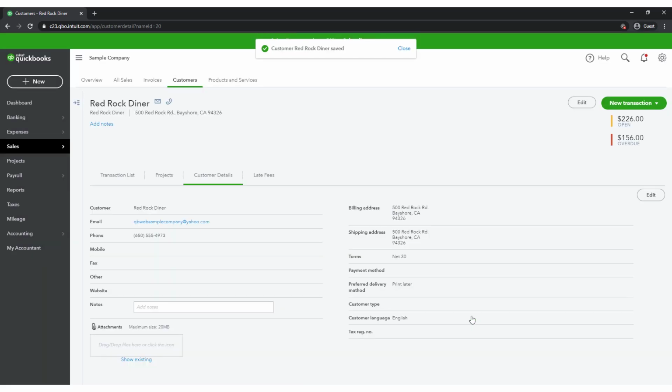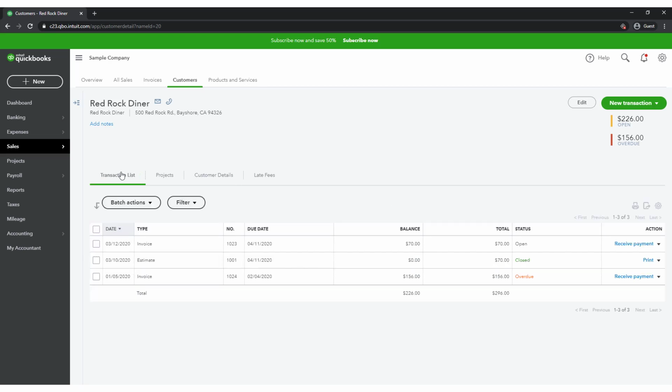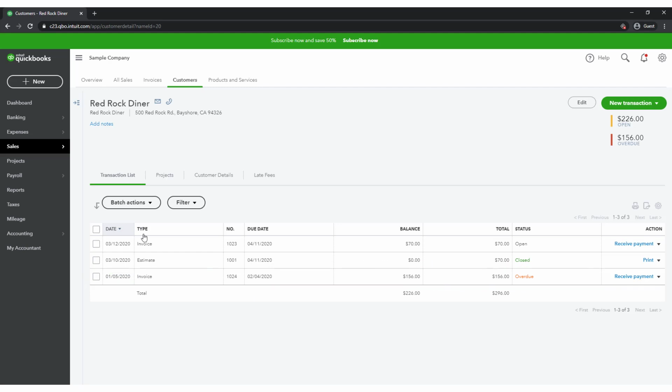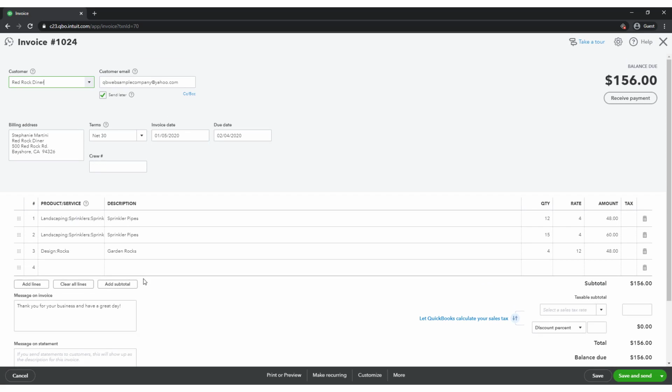Now let's examine the Transaction List tab. This area shows any activity you have had with this customer in the past. Notice the invoice in the amount of $156. If you want to see the details of any past transaction, click anywhere on the transaction except for the checkbox to the left. When you're finished reviewing the transaction, click the lower X in the upper right to return to